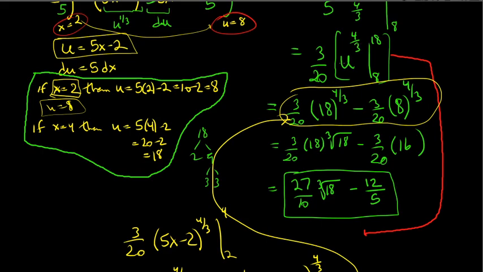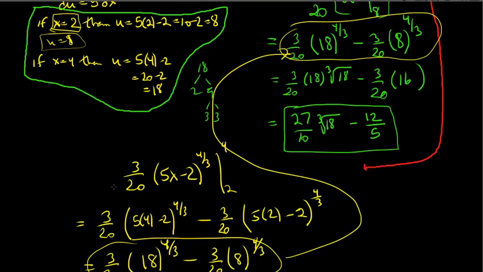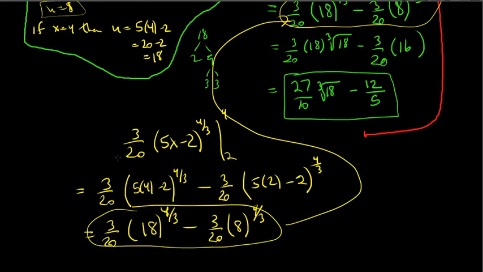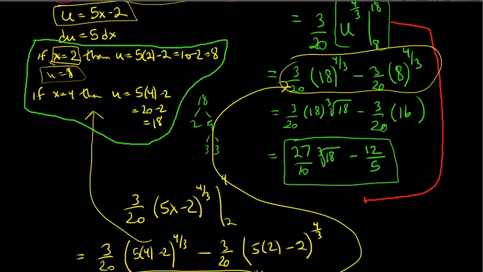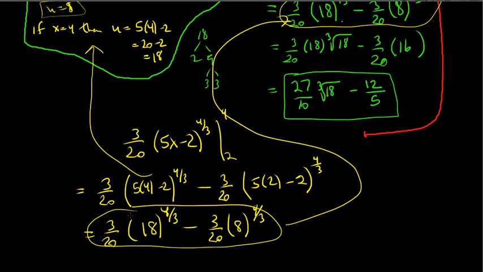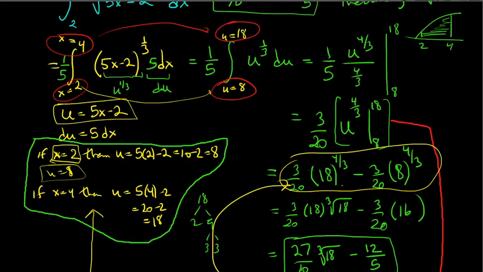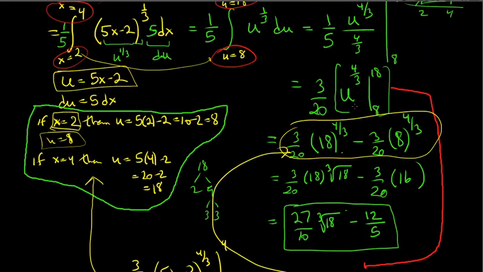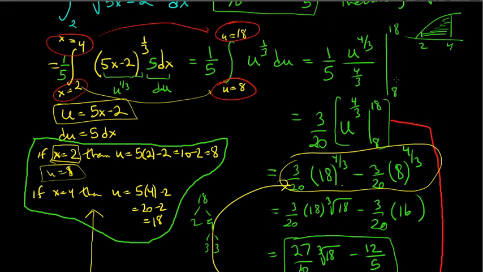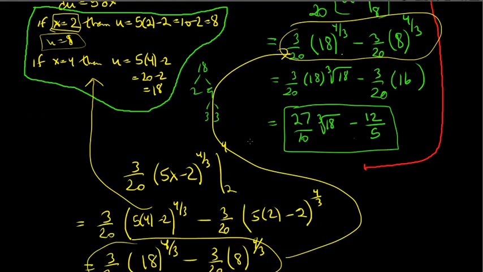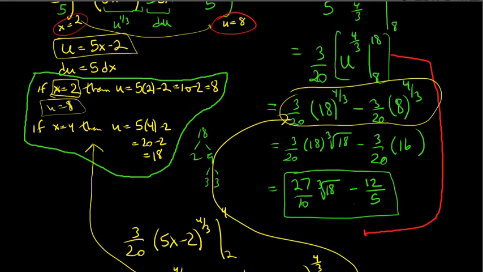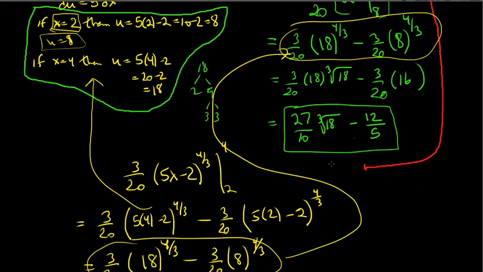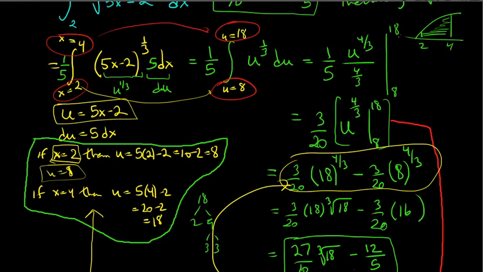So it's just a matter of your preference, right? What we did here is we calculated the x's in terms of u. We did that already up here, so we didn't have to do it again down here. So either way is fine, right? Either way is fine. I prefer to change the limits, but I'm not going to ask you to do it one way or the other, of course. It's up to you. It's good to know both ways, and it's good to change the limits in most cases